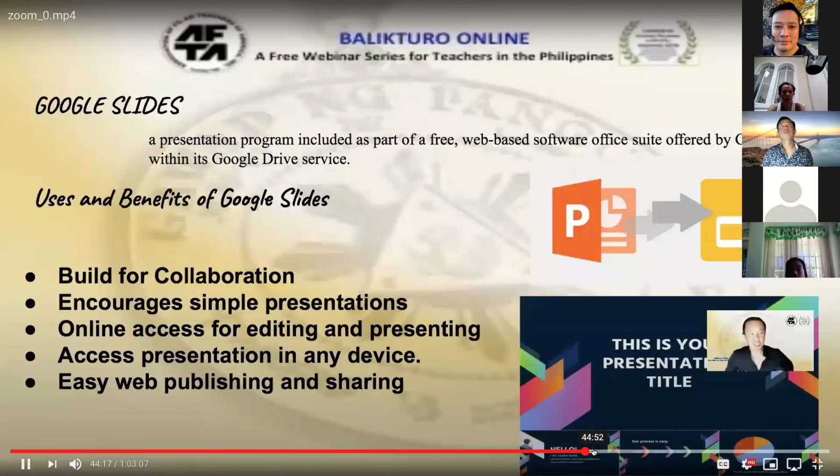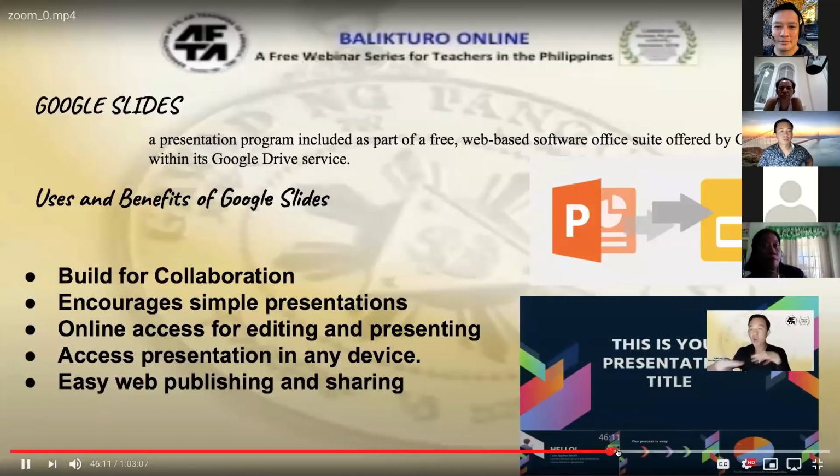Okay, this is Google Slides. Slide to the right, slide to the left, slide to the front. I'm just kidding. Okay, so in other words, Google Slides is actually a PowerPoint presentation. And they just wanted it to be fancy, so they created a new term, which is slides. Because usually when you do a PowerPoint presentation, it's like slides, slide 1, slide 2, slide 3. That's why it says slides, Google Slides.